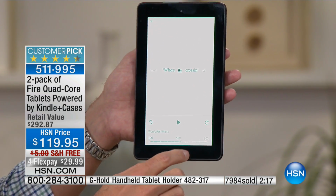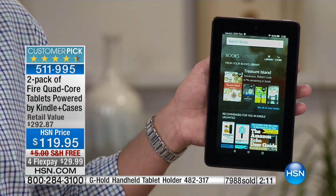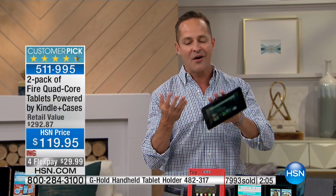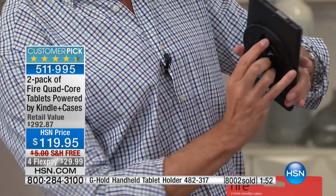It might seem like a little thing, but if you're a reader like me, I always feel like there's a new business book that I just can't get around to reading, or a new novel that I just can't get around to reading. Being able to read more is awesome, as well as being able to watch more videos, play more games, and communicate more easily. One of the reasons you're able to do those things more easily is because you have more memory in this tablet. So it has 8 gigabytes of built-in memory,